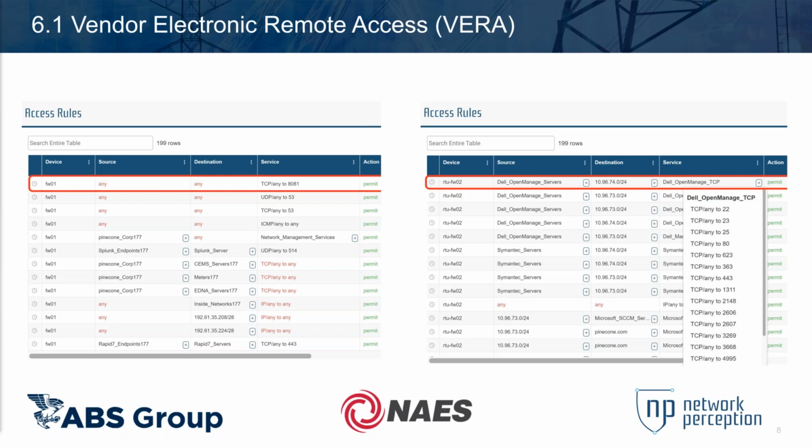Well, I think that's a good point, and it comes down to, if anyone's familiar with Lean Six Sigma or HPI, it's about that human readability and making sure that it's easy and distinct. So the example you have for the Dell management servers on the right-hand side here, this rule could literally be written as one line with all the different destination network segments grouped in an address object, and that would be fine. But because they are different subnets and they are presumably different operational things, breaking it out into separate rules